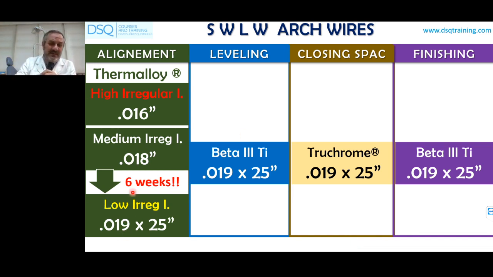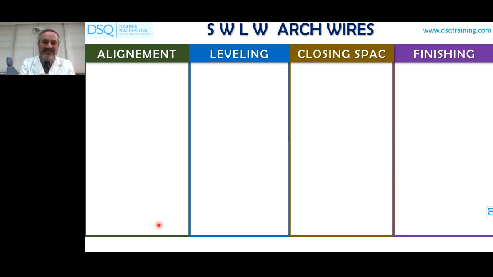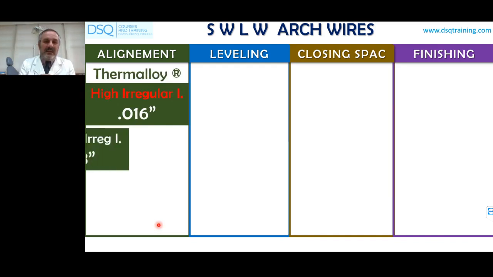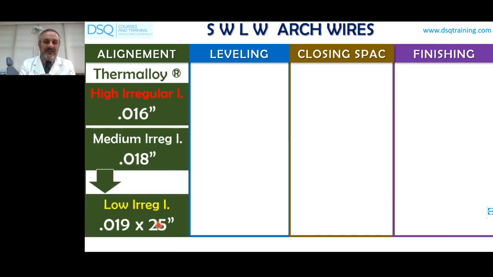Okay, this is very important. In our office, in 90% of the cases, when we start the treatment with all teeth, in 6 weeks we put the 19 by 25 in the mouth of the patient. 19 by 25 thermal wire, superelastic thermal wire. Another possibility is to use